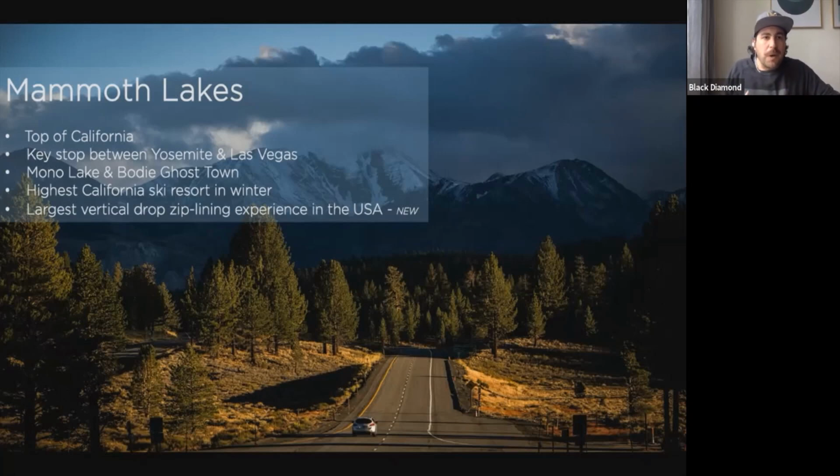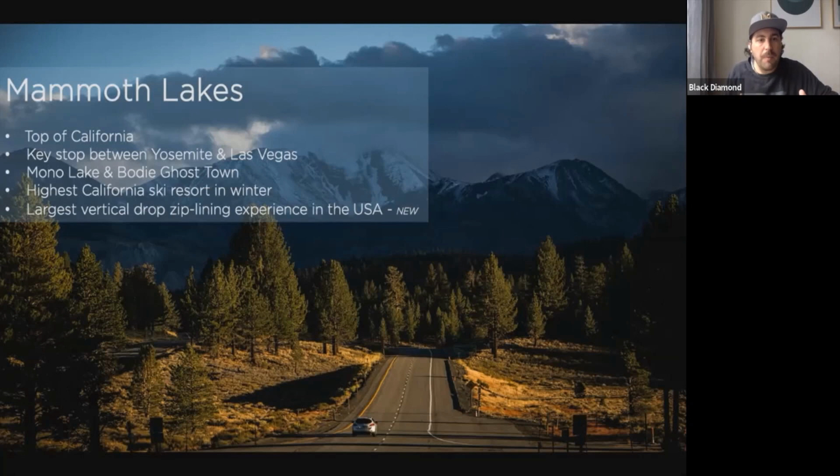Mammoth is a one or two night stop. You could use Mammoth as a base for Yosemite if you wish, and that's why I say it's a good little spot on the loop. But ultimately, most people want to go into Yosemite. If you're staying in Mammoth, you can hop on the Yosemite Area Regional Transportation System, which will take you in and out from Mammoth to the valley floor.